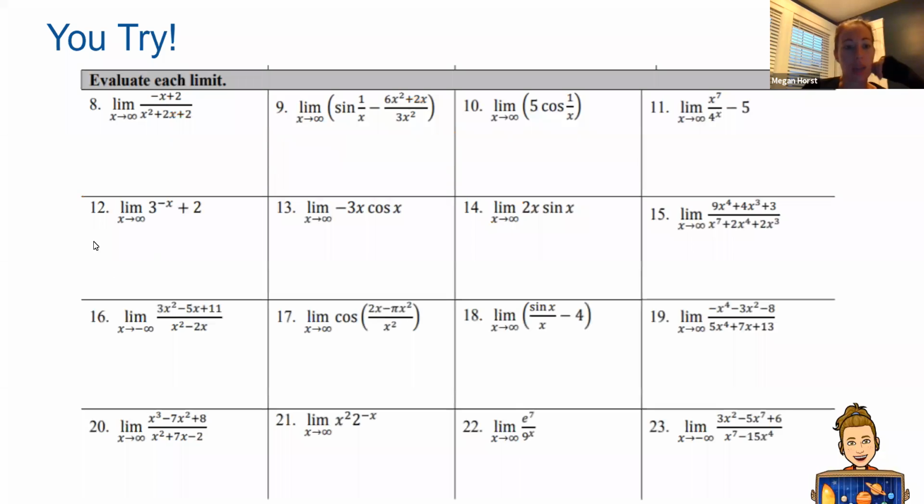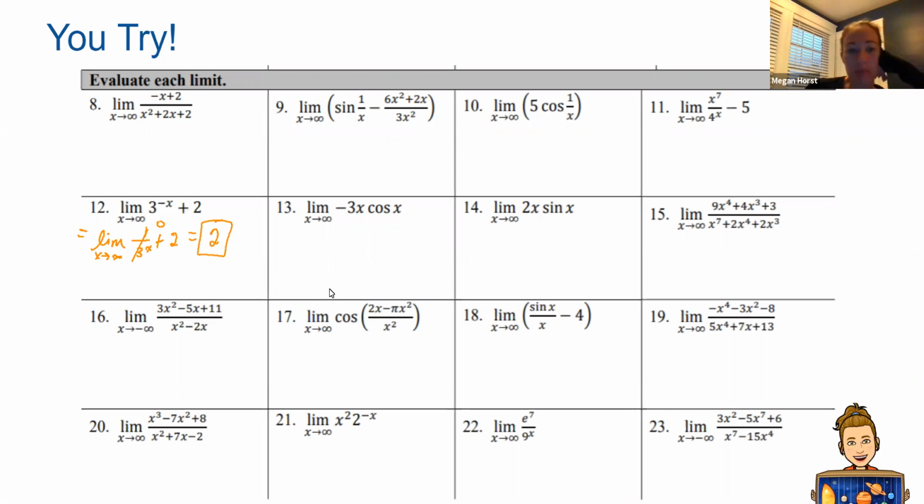Let's look at the next set. We'll see if I can squeeze them in here. So we have x is approaching infinity. So again, when I have something like this, I like to rewrite it as a rational function, as a fraction, 1 over 3 to the x. So I see that this denominator is getting ridiculously large. So this, I say, is going to 0. So this equals 0 plus 2,